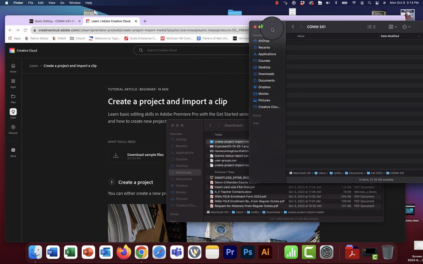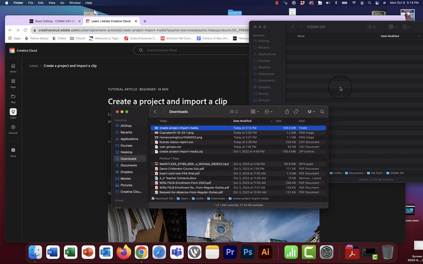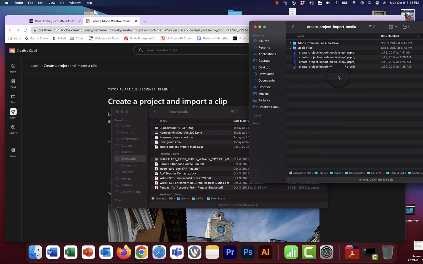So inside my documents and then COM241, I'm also going to have a project folder for the stuff we're working on called Create Project Import Media, which I downloaded and unzipped. In here you can see that there are 3 different projects. I'm just going to go for the one labeled Step 1 and double click it, and it's going to start